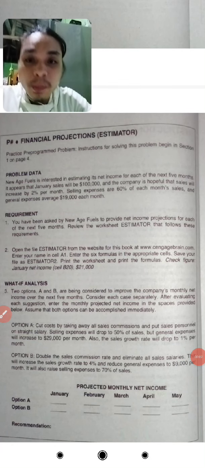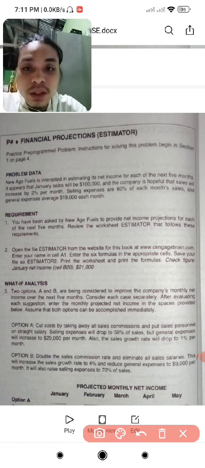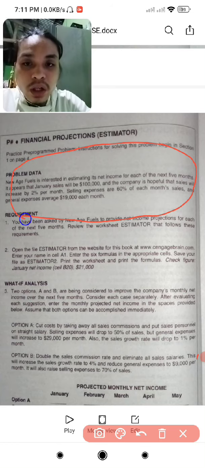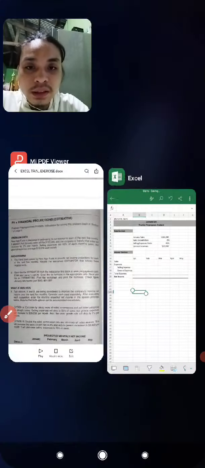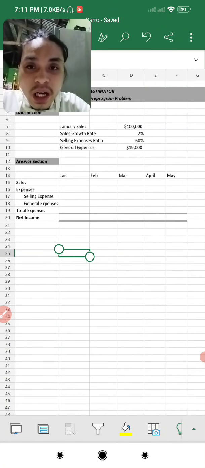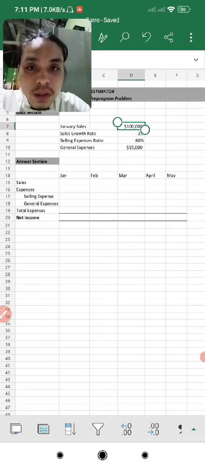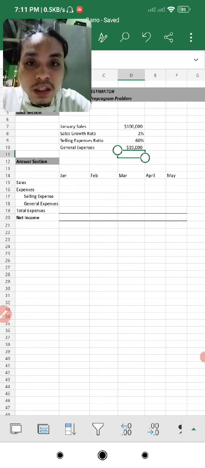I am now performing the financial projections. After inputting this information, I was able to obtain and present this data. Here is the data: we have the January sales of 100,000, the sales growth of 2%, the selling expense ratio of 60%, and the general expenses of